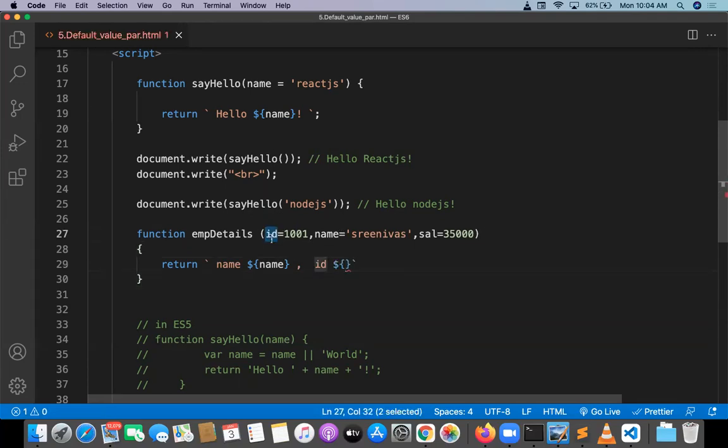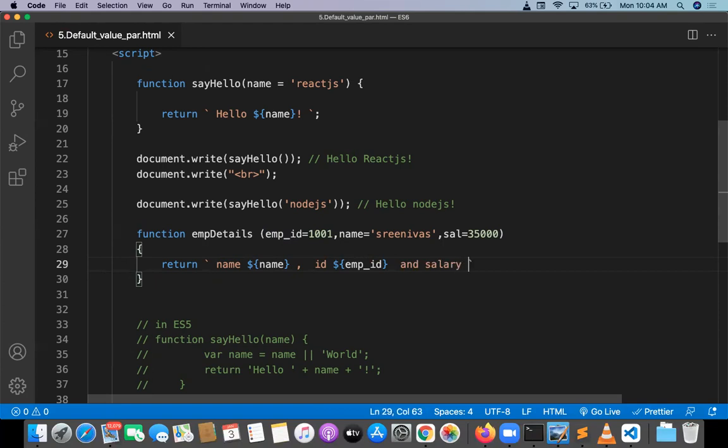Don't use ID basically, ID is a keyword. I'm going to be using employeeID. So copy the employeeID over there and give it here. And salary.